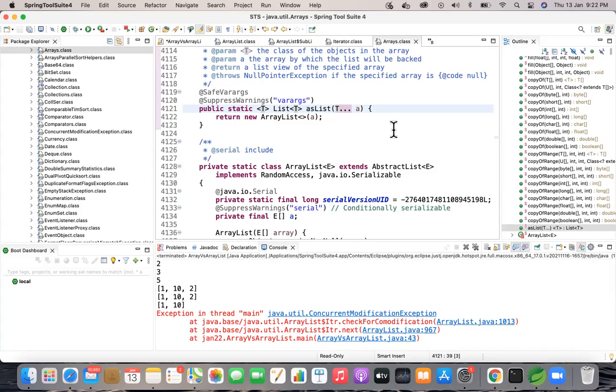You can just have a method with three arrays, and instead of arrays, you use int dot dot dot.